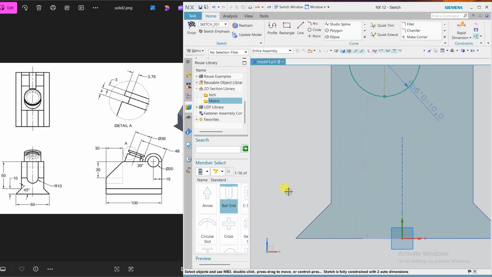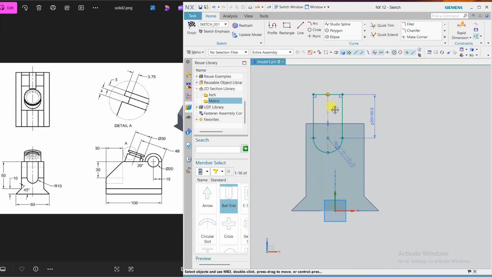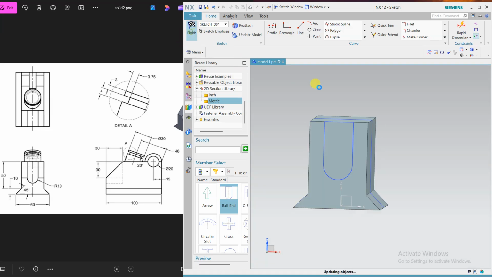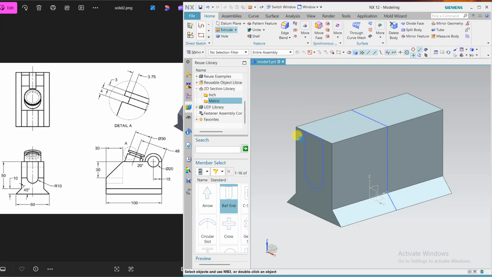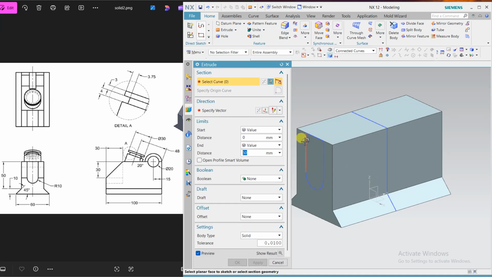Okay, select this point and this point and make it align, finish, and the cut is 30, so I'm using extrude and cut it, or we can do one more thing.